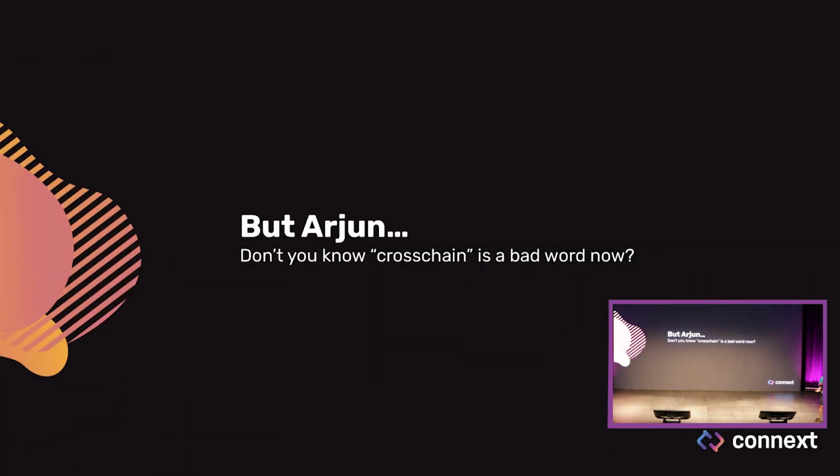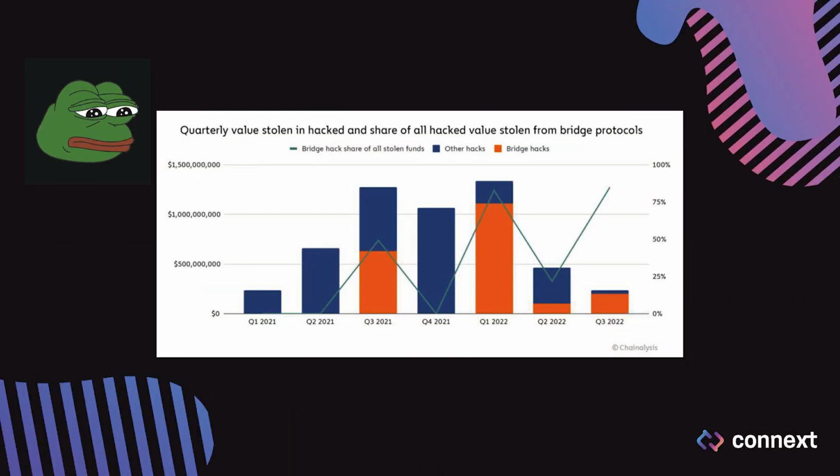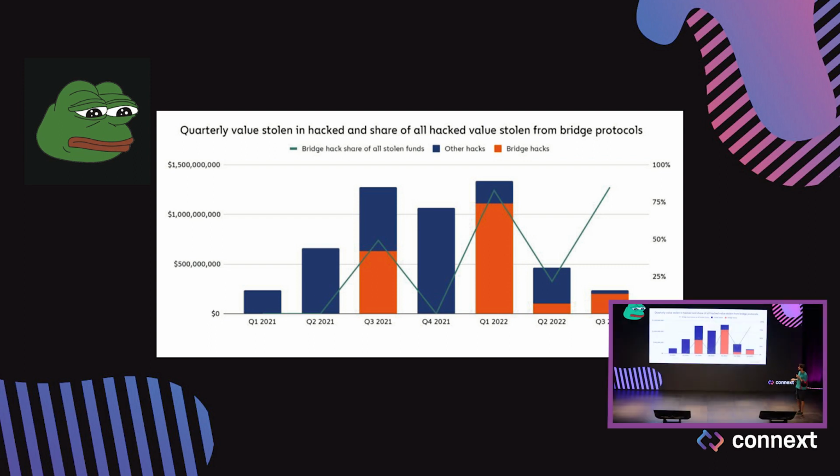And I've said the C word a lot in this talk so far, and that makes people really nervous because cross-chain is a really scary topic. Bridges are extremely terrifying. And it's no secret that the reputation of bridges right now is pretty much at the worst that it's ever been, especially after the $500 million Binance bridge hack that just happened. So how do you reconcile these things, right? How do we move past the fact that, I think this was actually before the Binance hacks, about $2.5 billion of value has been lost in bridge hacks over the course of the last year and a half? How do we operate in an environment where this is also happening?